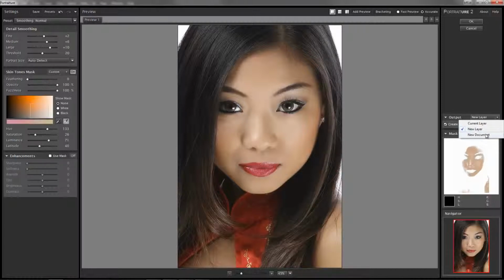You can do a new document, which I would never do personally. And then sometimes people like to not have the layer stack up. They just want to go ahead and apply it right away into the current layer. Personally, I like new layer. So then when I hit OK,